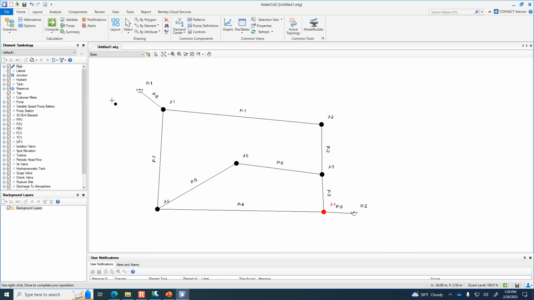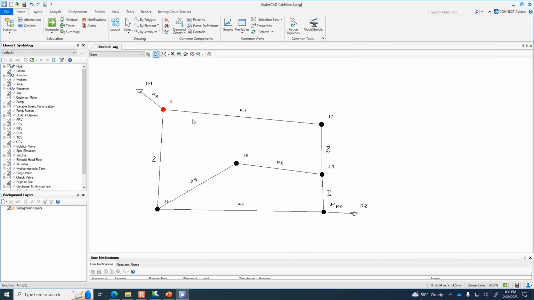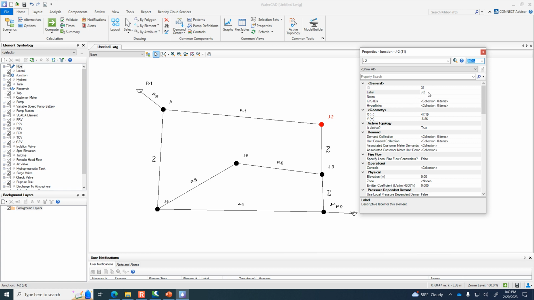To make things a little bit easier, maybe I should rename the junctions, because it's called A, B, C, and so on in the handout. Let's make it so that here on the computer it's saying the same thing. You can use the select button and double click on a junction, and it'll bring up a bunch of parameters about it, including its label. So I'm just going to rename the label. Instead of J1, I'll call it A. And then close that. You'll notice that the annotation has reflected the change that I made. Double click on junction B, and instead of J2, I'll update that to B.